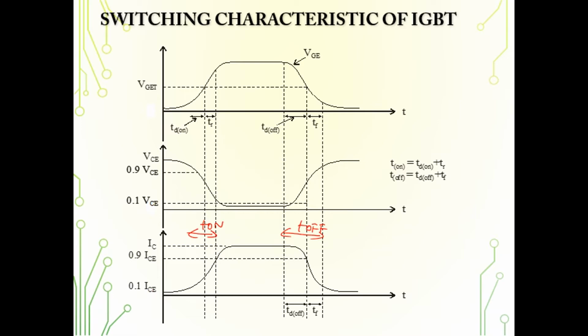When we compare the characteristics of BJT, MOSFET and IGBT, the MOSFETs are used when we need to go for higher switching speed. Similarly, IGBTs are also preferred compared to that of the MOSFET. So in any power converter device, you can have either a power transistor, power MOSFET or power IGBT. Out of these three, power MOSFET and the power IGBTs are the ones which are frequently used for most of the applications. Thank you for your patience listening.